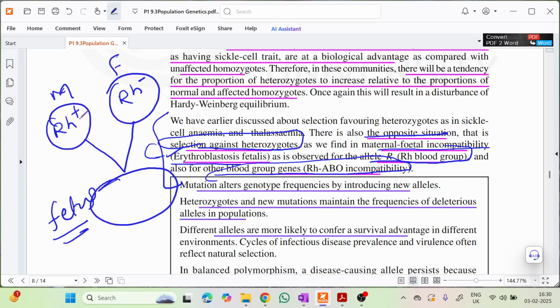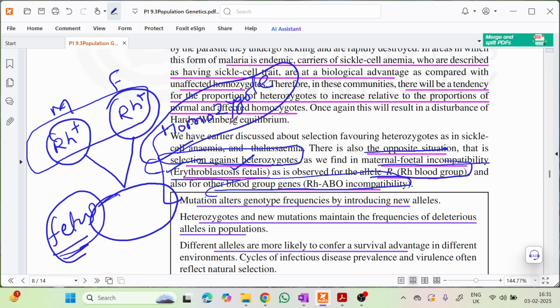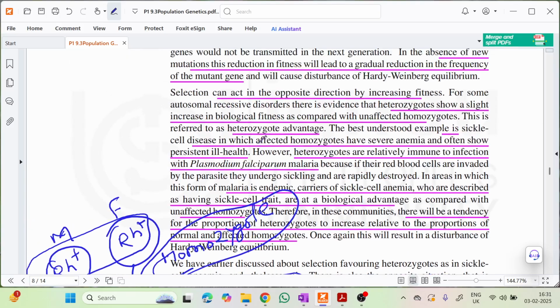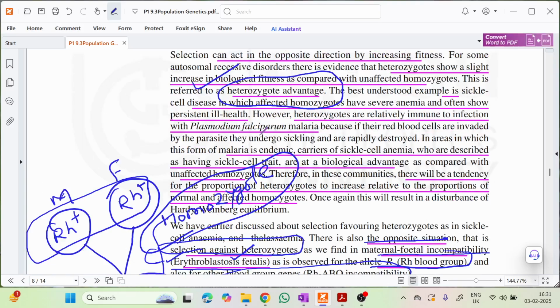So this case is the opposite of heterozygous advantage; we can call it homozygote advantage. Here, if both the mother is Rh positive and the father is also Rh positive, then the fetus will be unaffected. So then this disorder will not work against it. This situation is an example of homozygote advantage, a different case, other than usually or to the greater extent, where heterozygotes have a definite advantage.